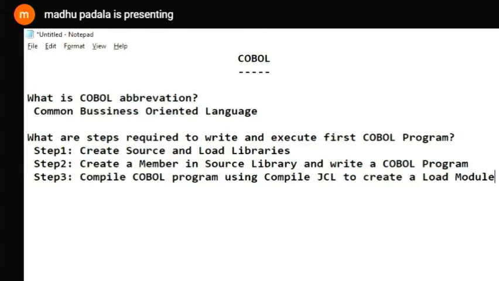Our source code is not executable, not only here; wherever you go, like Java or .NET, source code is not executable. .java is not executable, .exe is executable. Here we don't have .exes, we call it a load module. Source code and load module both have the same name.